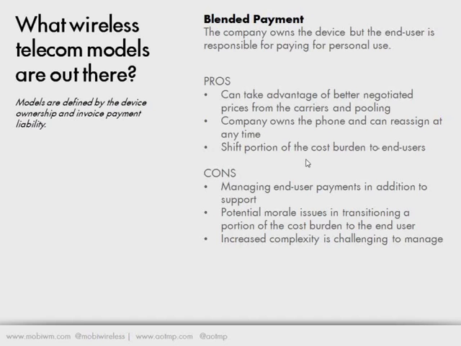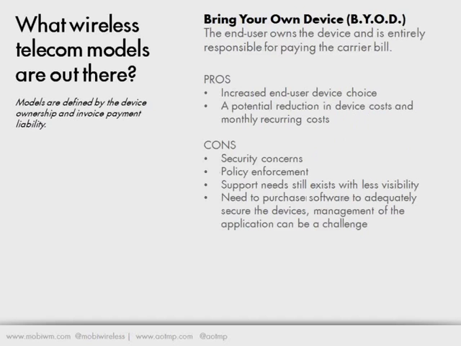The next model is one that we've been hearing an awful lot about, and there are certainly companies doing this today. This is the bring your own device model, where organizations bring in their wireless devices, be it just a cell phone, a smartphone, a tablet, or whatever it may be, and they're responsible for paying the carrier bill. They're given access to some degree to the corporate network, email, or applications, or a combination thereof. I think this has a lot of appeal for users who have their own preferences for devices. So there's a high point on that.